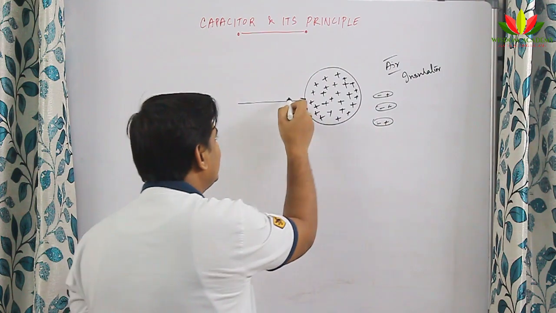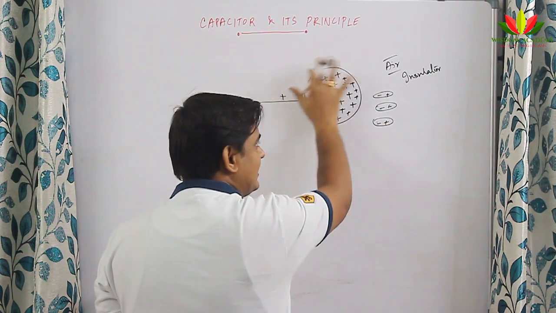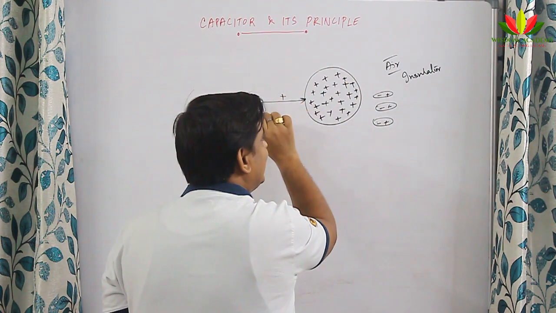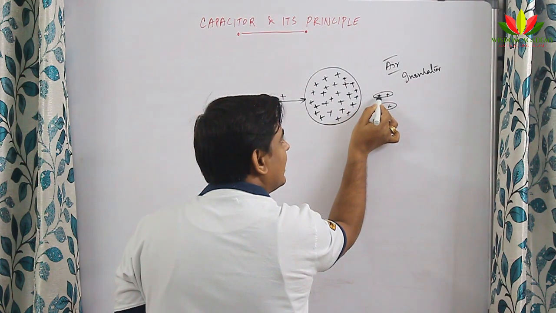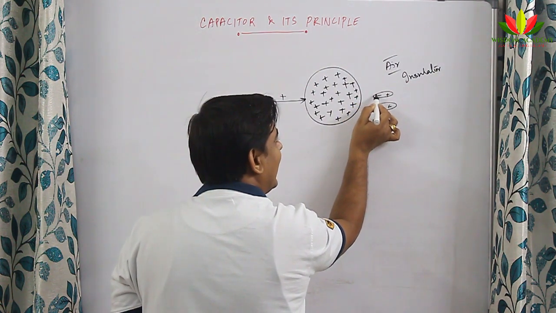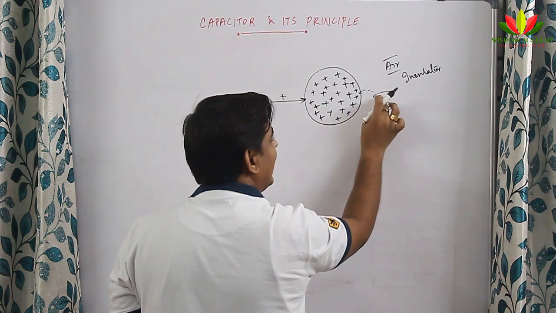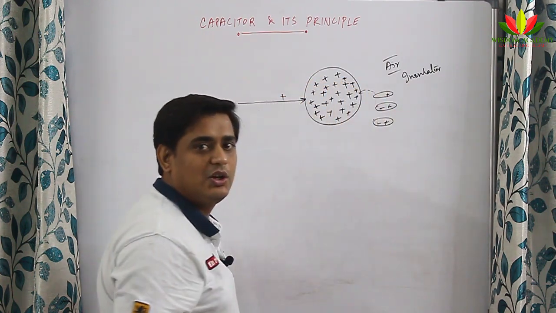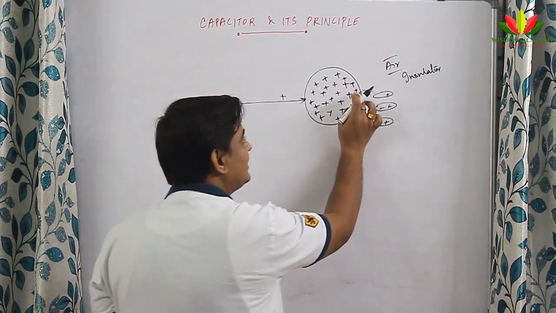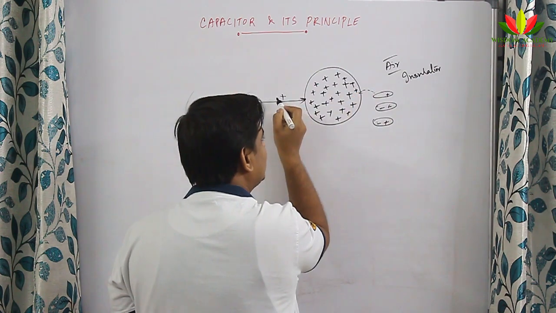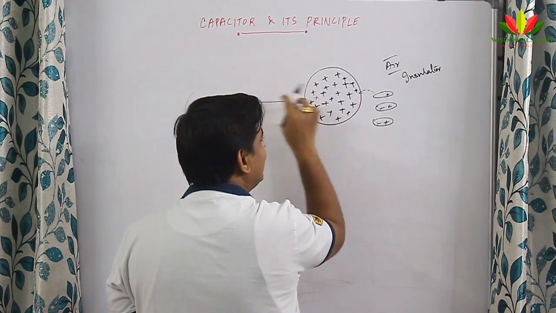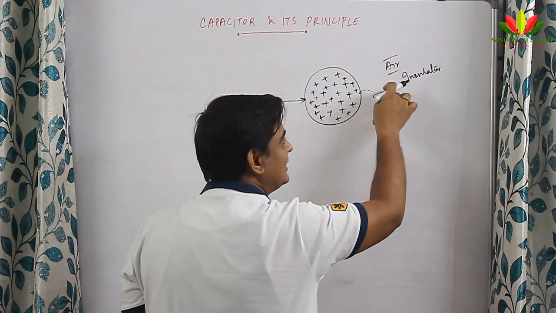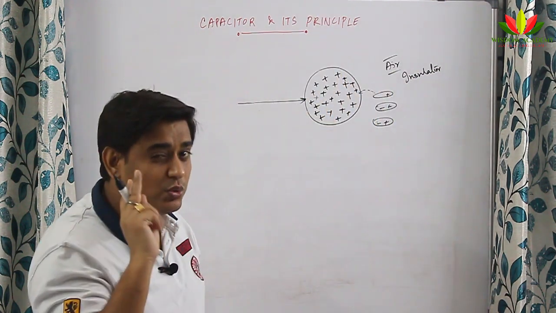So, suppose a positive charge is going in and it reaches its limit. That positive charge will attract the negative, and this negative comes out and gets neutralized. So what happens? This positive and this negative get over. This positive entered here, and while entering, this positive left, and this becomes positive charge. So two things are happening.